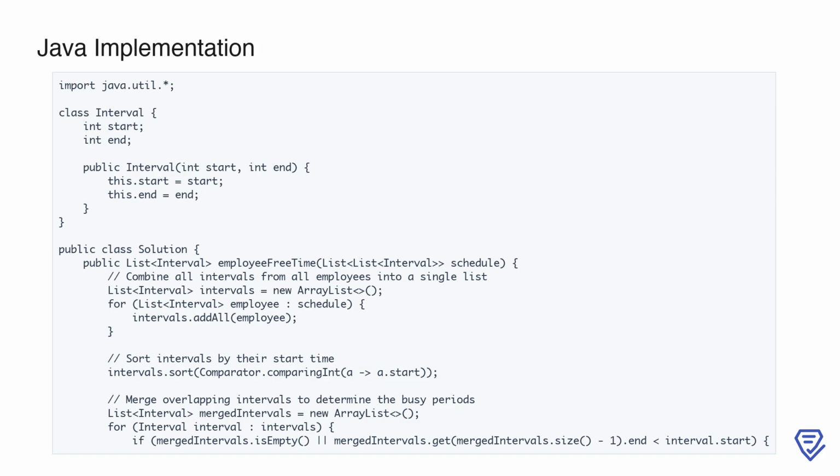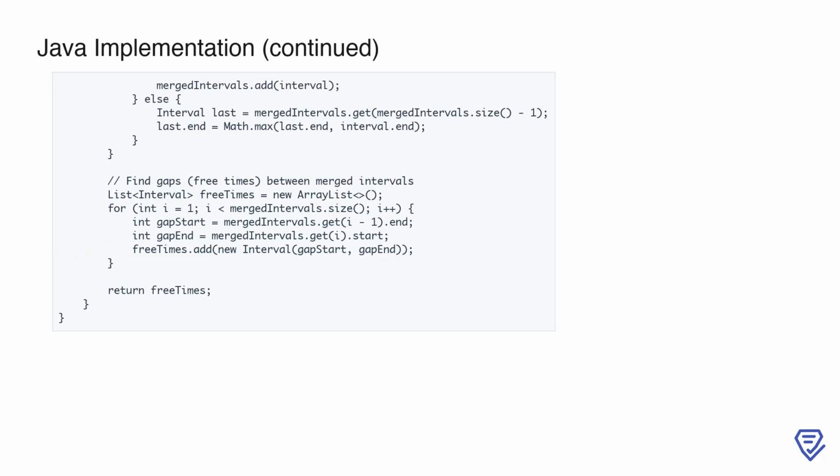Finally, we create a merged intervals list to store the consolidated busy periods. As we iterate through the sorted intervals, we check whether the current interval overlaps with the last interval in the merged intervals list. If there's no overlap, we add the current interval to merged intervals, indicating that it represents a distinct busy period. However, if the current interval overlaps with the last interval in merged intervals, we merge them by updating the end time of the last interval to the maximum of the two overlapping intervals. This ensures that we consolidate all overlapping or adjacent busy periods into a single interval, making the data cleaner and